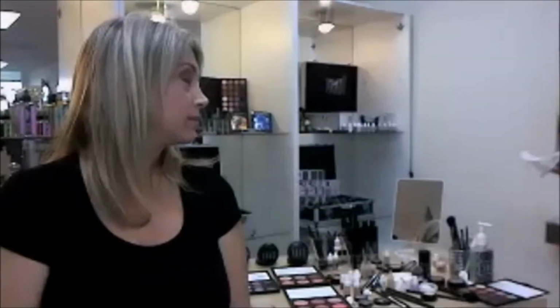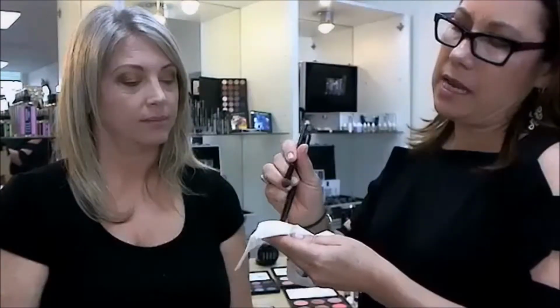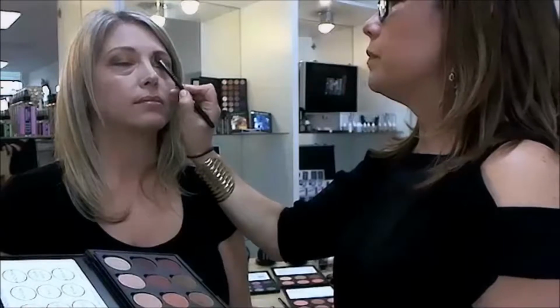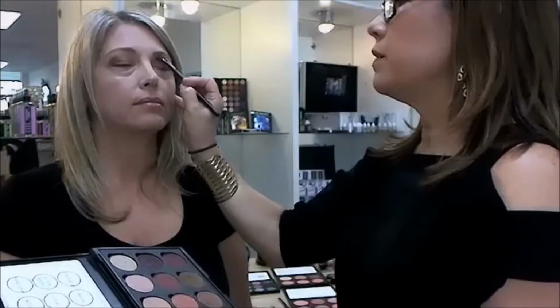Okay, so now I need to do a little bit more blending because it's a little rough right now. And I need a tissue so I can wipe down my brush. So I'm going to clean that down a little bit right there. And I have a tendency also to hold a lot of brushes in my hand. I'm going to take this color Madras and go right underneath her brow, because I want to just kind of soften all of this